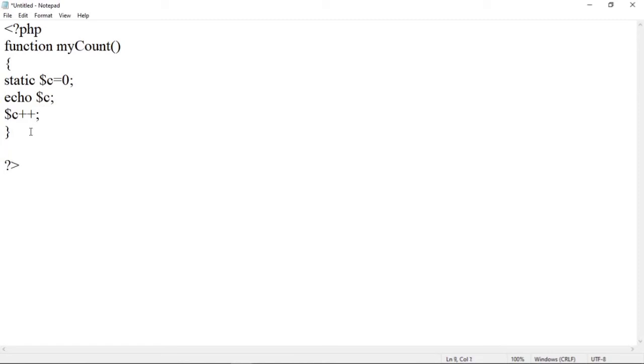Now let us call this function. To call the function, we will use the statement myCount(); This way we can call the function. Let us add an echo statement before this. So echo